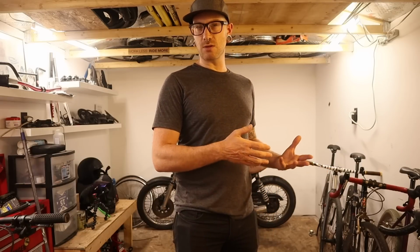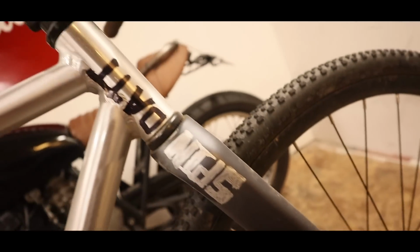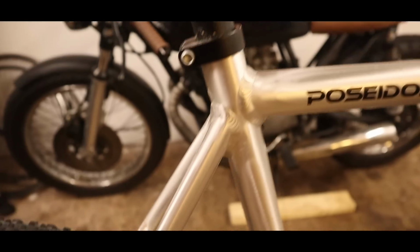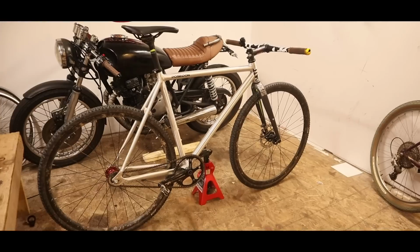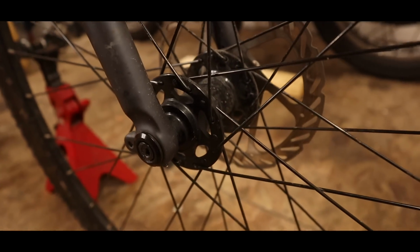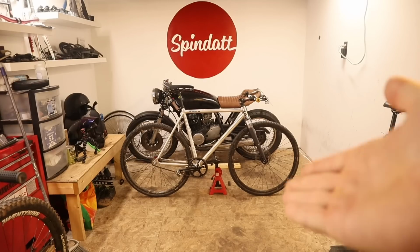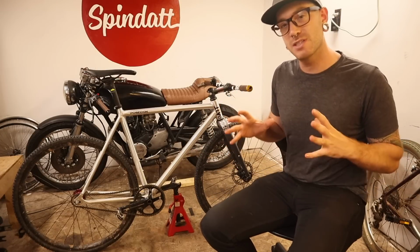I'm going to go ahead and assume you're all familiar with my Poseidon Tracklocross bike. This one. This thing. This is easily the one bike that I have out of everything that gets featured on this channel